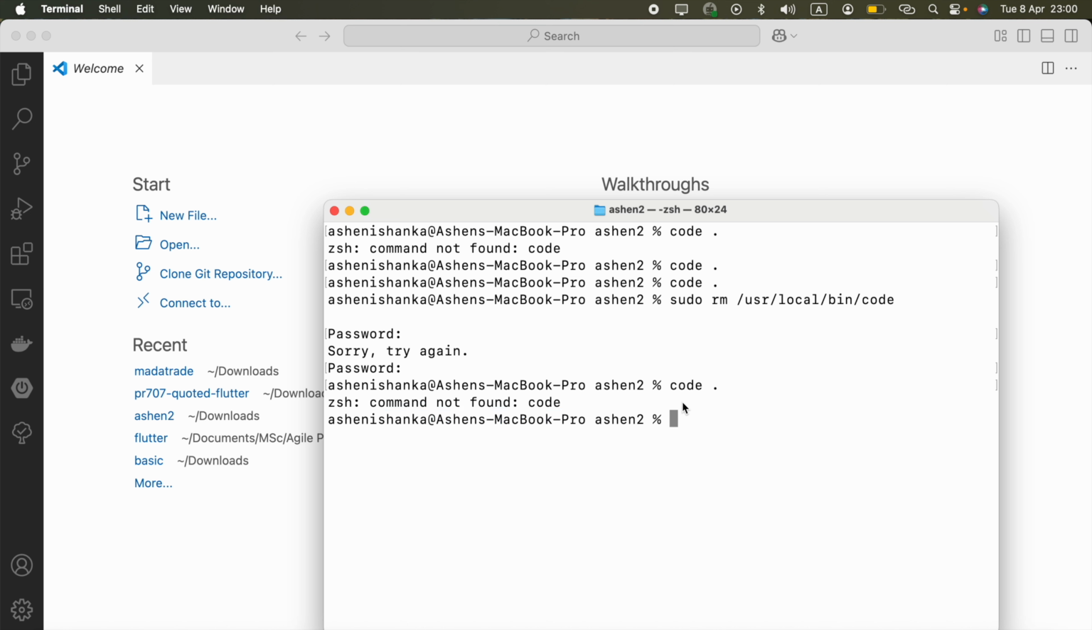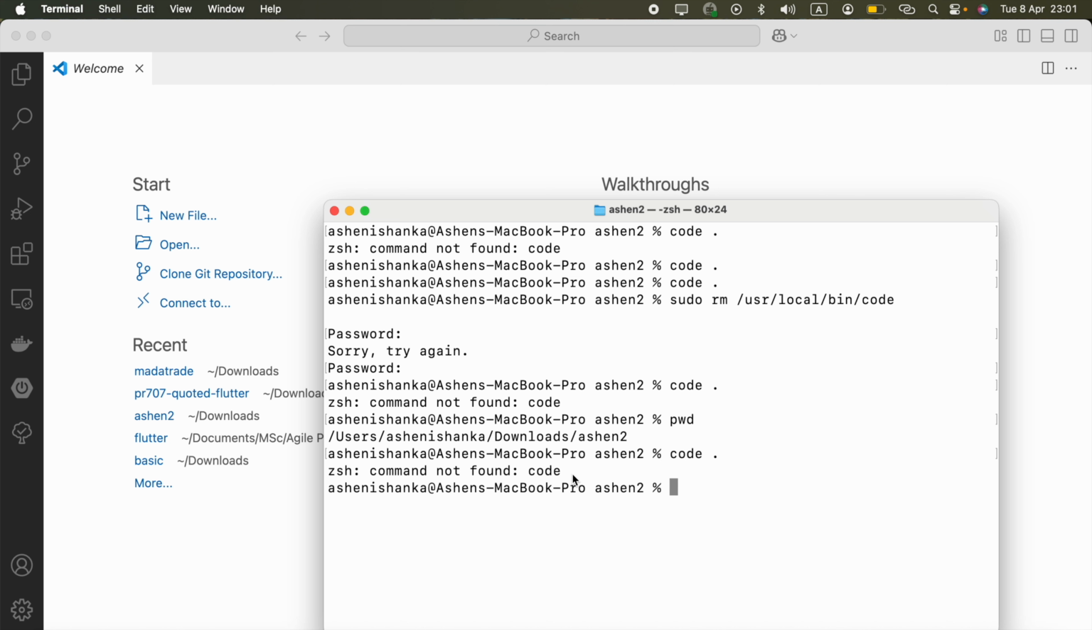For example, here I want to open the current folder that we are in the terminal, which is this one, Ashin 2, using VS Code. I'm entering code space dot, but it's not working. So to fix this "sh: command not found: code" issue,